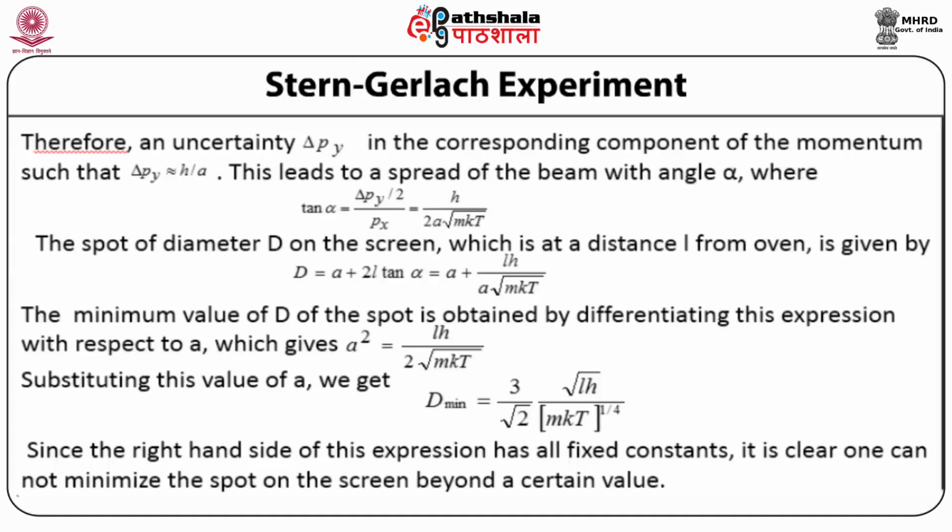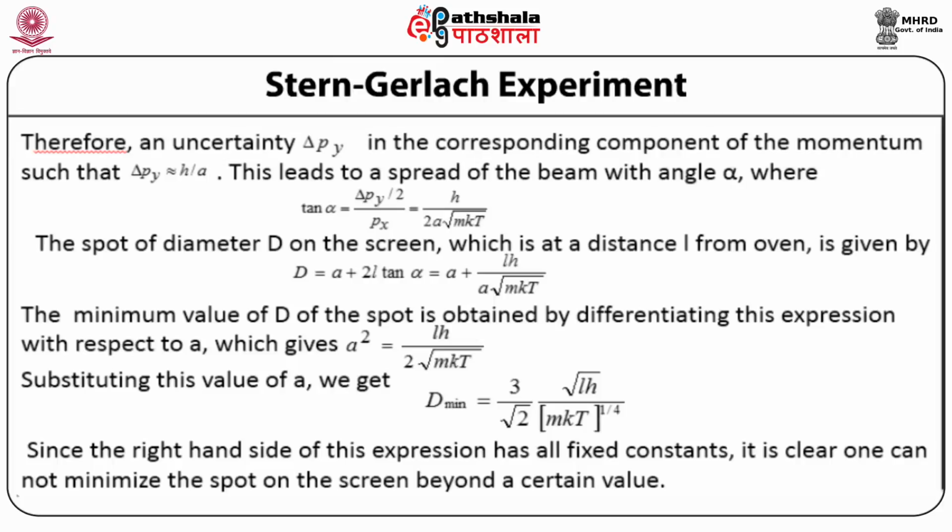That means that this diameter d of the spread of the silver vapor atoms on the screen, with respect to a, when we differentiate that, then we get a squared is equal to LH upon 2 into under root mkT. From this expression, if we substitute the value of a, we get d minimum is equal to